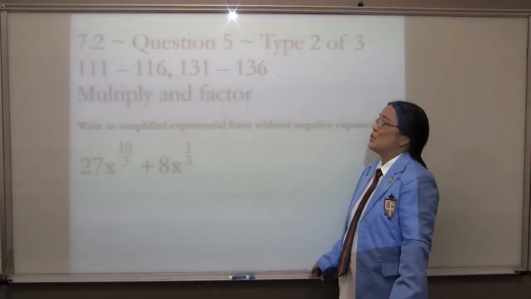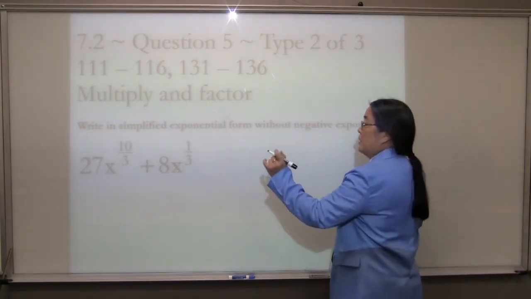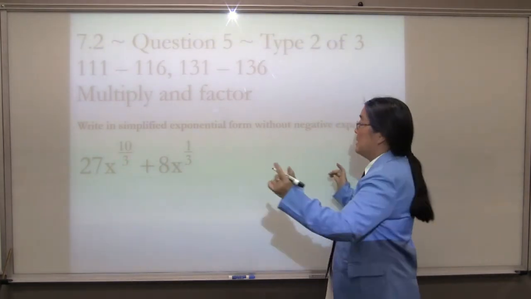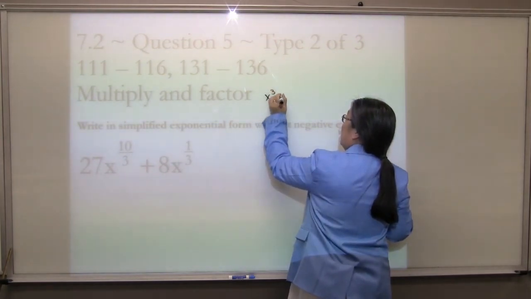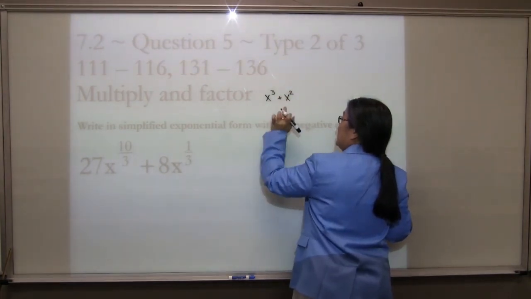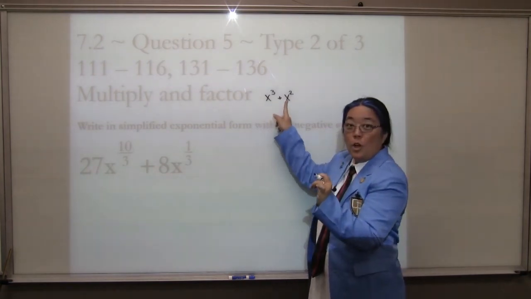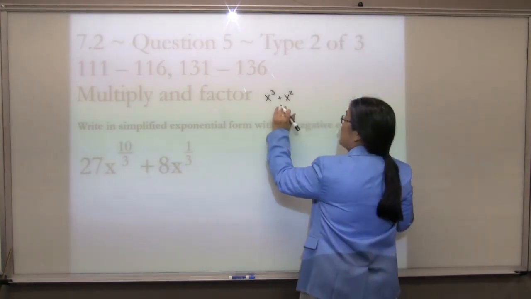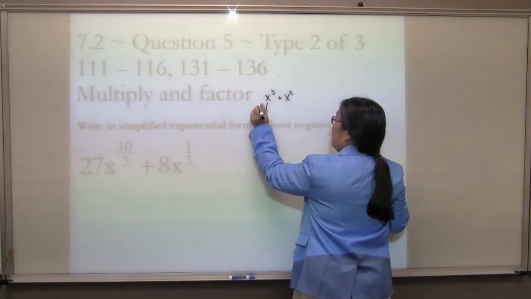Chapter 7, Section 2, Question 5, Type 2 out of 3. This is where we're going to be factoring. Now, you might look at that and say, we're factoring with fractions. I'm out. Don't be out. Because we actually already know how to do this. If I had x to the 3 plus x to the 2, and I wanted to factor that, I could take out which one? Would I factor out the larger exponent or the smaller exponent? We would factor out the smaller exponent, x squared,